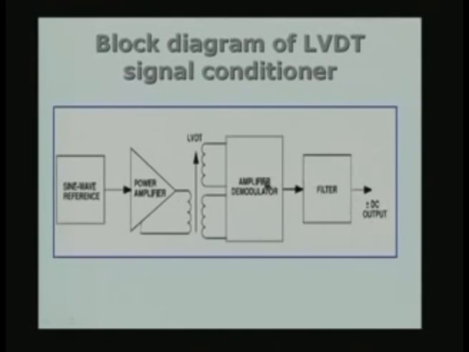The demodulated voltages are filtered to remove the AC component or the ripple, and what you get is simply a DC output. So, a block diagram of the LVDT signal conditioner simply consists of a sine wave generator which is going to drive the primary through a power amplifier. The two secondary voltages are going to be amplified and demodulated to remove the ripples or the AC part, and then through a filter, and then we get the DC output. This DC output is proportional to the change in the position of the core of this LVDT. So, if the core of the LVDT is connected to, for example, the diaphragm gauge or to the bellows gauge, this gives you the movement.